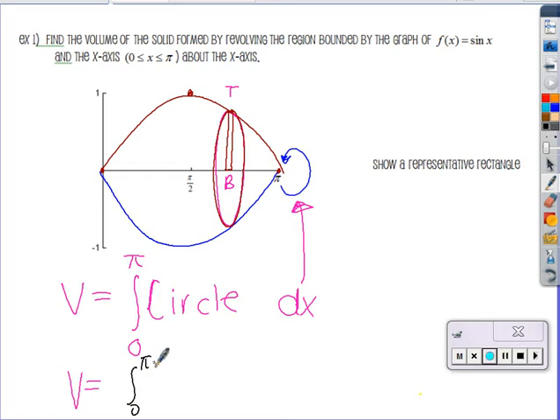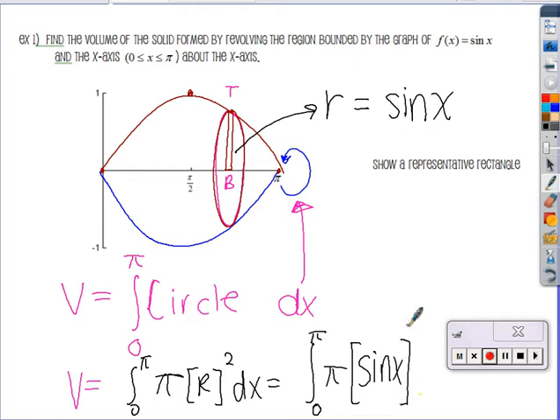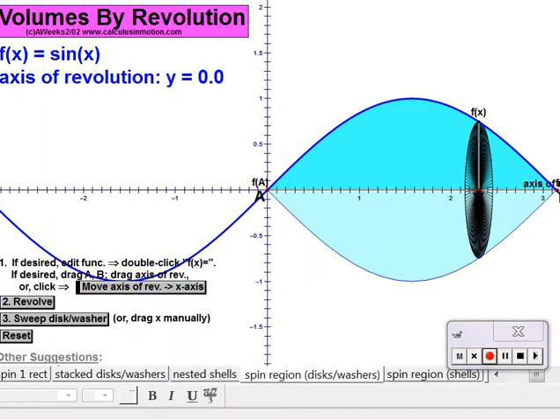The circle area is pi r squared dx, and therefore the only thing you have to figure out is what is the radius. And in this case, that right there is the radius. The radius happens to be the same height as the function, dx. That will give us the volume of that crazy shape, which was shown in here,